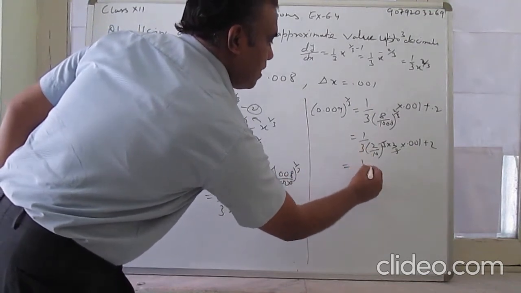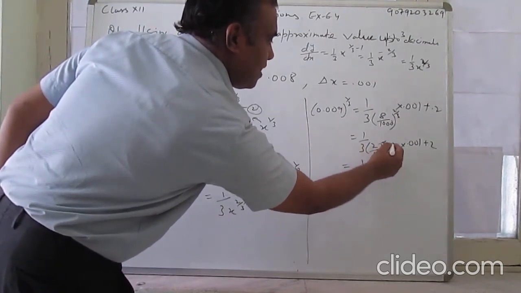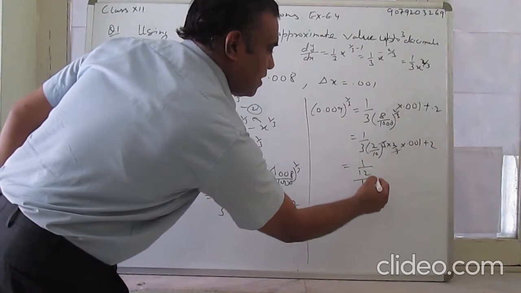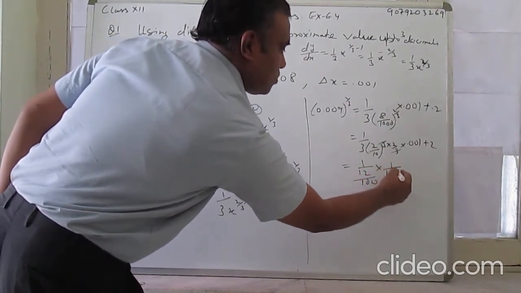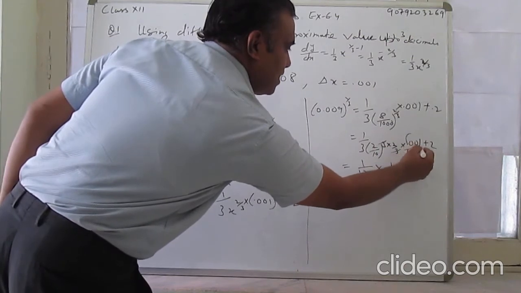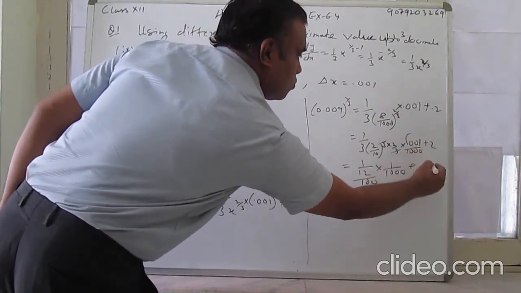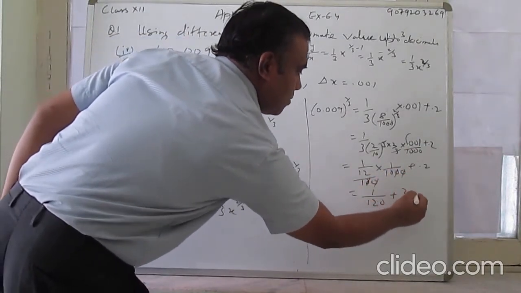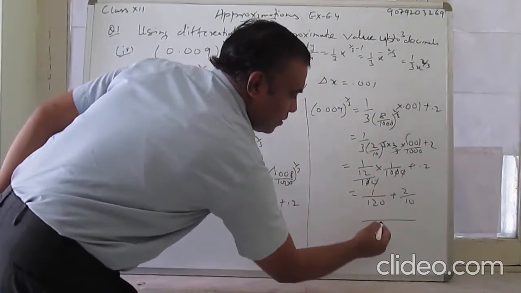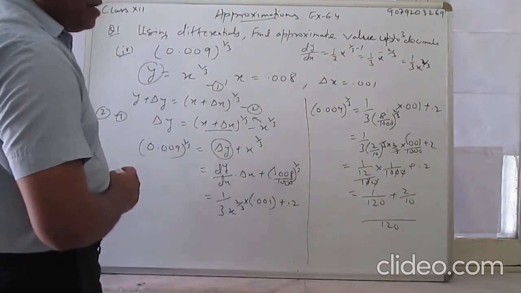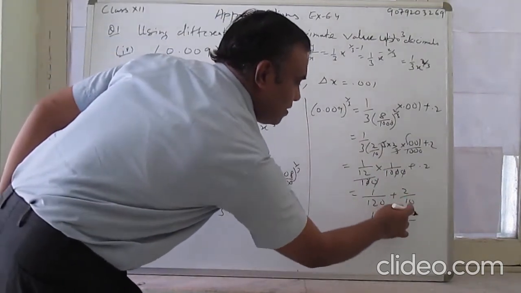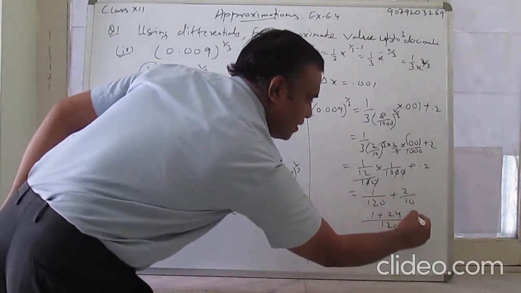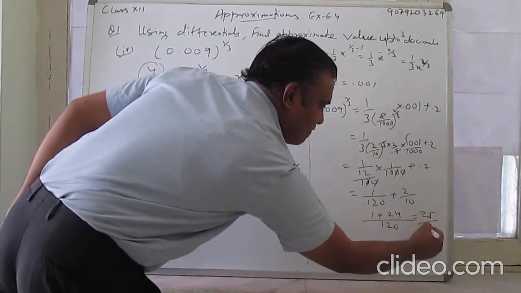So it becomes 1 upon 4 हो जाएगा. 2 2 जा 4, 4 3 जा 12 और नीचे हो जाएगा क्या 10 into 10, 100 into 0.001, क्या आएगा 1 upon 1000. ये 3 जीरो हट जाएंगे, 3 जीरो आएंगे नीचे, plus 0.2. Now 2 0 cut, so it is 1 upon 120 plus 2 upon 10. Now take LCM 120. So 1 plus 12, 10 को इसे डिवाइड करेंगे 12 आएगा, 12 into 2, 24. It is 25 upon 120.